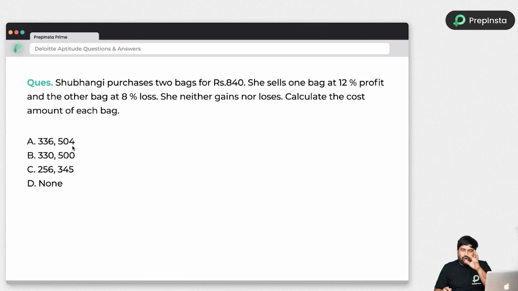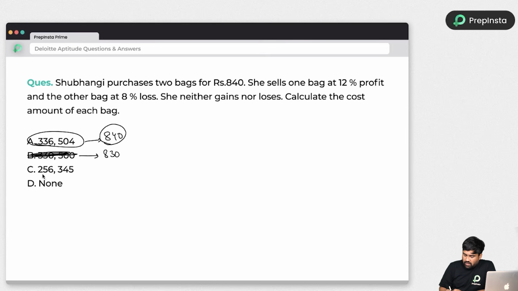And also we have one more technique for this type of question that we can follow sometimes, not every time. The addition of these two values is 840, right? And the addition of these two values is 830, so option B is not your answer. And next, the addition of these two is not even more than 600, hardly it will reach 700, right? So this is also not your answer.